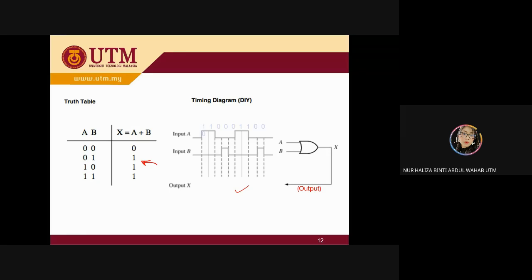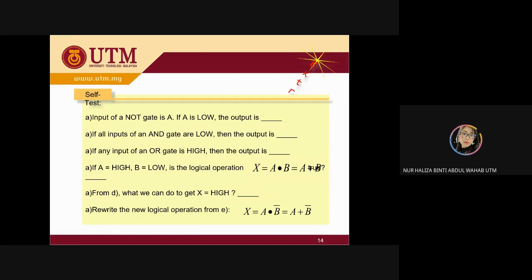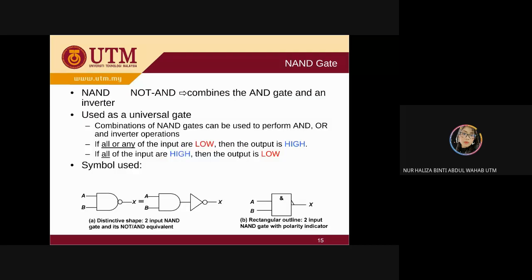Okay, so next we are going to look into our self test. You can screenshot and try to do it. This one is a very simple question. Next, this is the combination part, which is you have the NAND gate. NAND gate, again, as mentioned, we have the combinations of